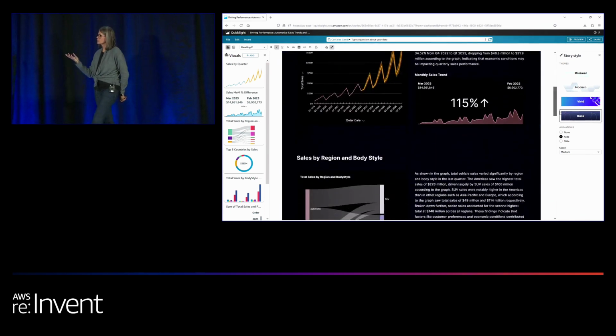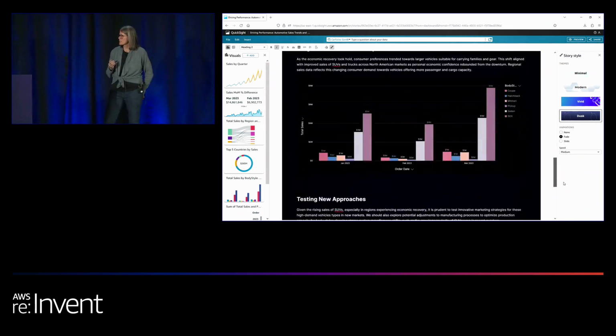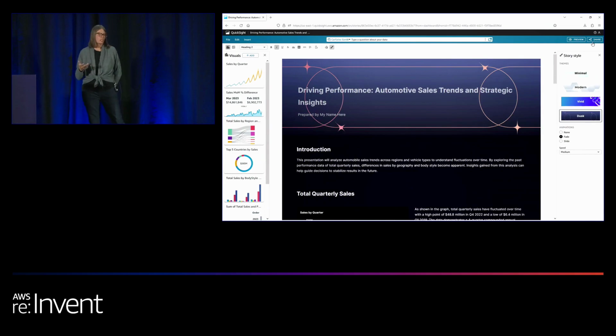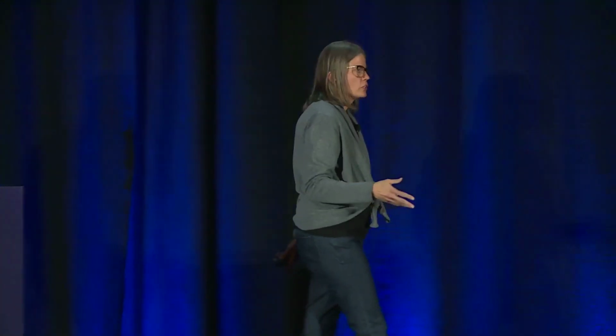I like the dark style myself. It really kind of pops off the screen. So you can apply those style sheets to your story as well before you share them. Create your story, and then you can share that story with other users. We went through some of this quickly, but what I wanted to show you, and I wanted to show it live, I mean, I built this